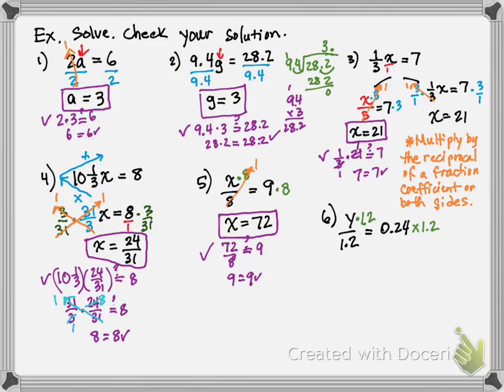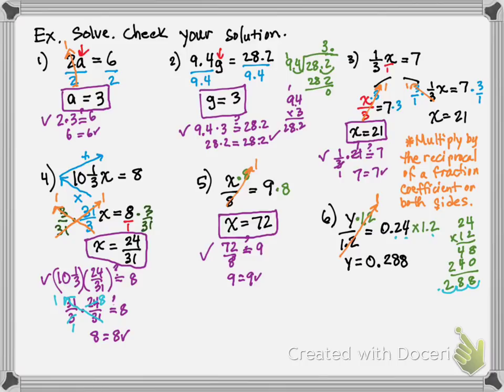Okay? So again, on the left side, 1.2 divided by 1.2 is 1. 1 times y is y. Over on the other side, we're just going to do the math. So let's multiply 24 times 12. So I get 48, placeholder, 24, add up, and I get 288. However, I need to count up how many digits I have after the decimal point. 1, 2, 3. So my answer will also get 3 digits after the decimal point. So my final answer is y equals